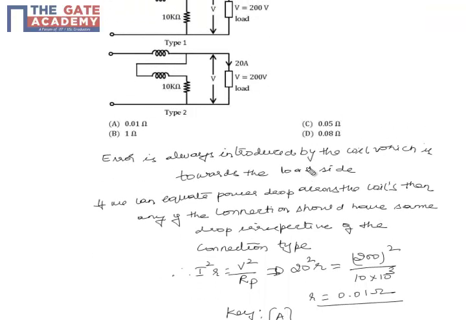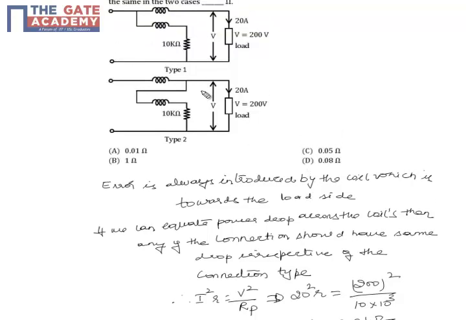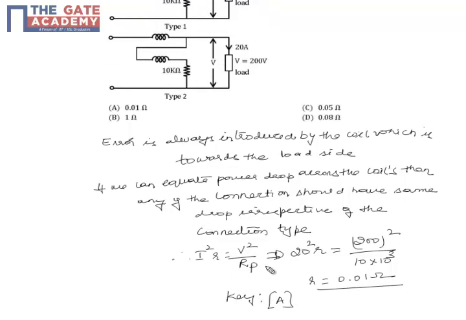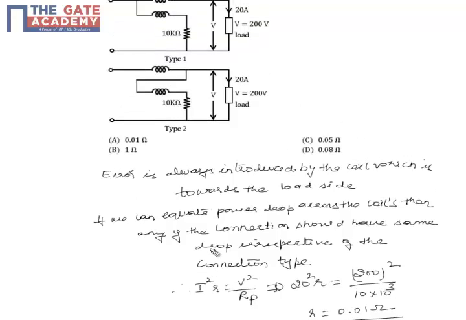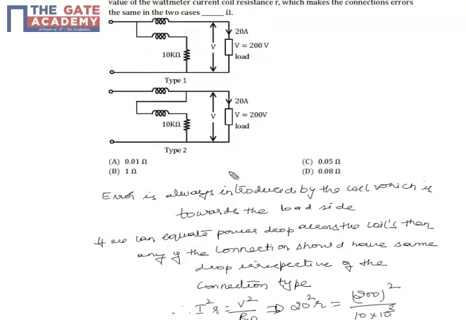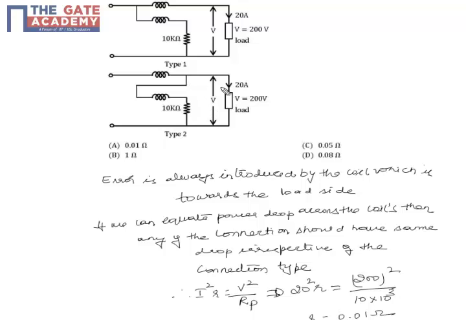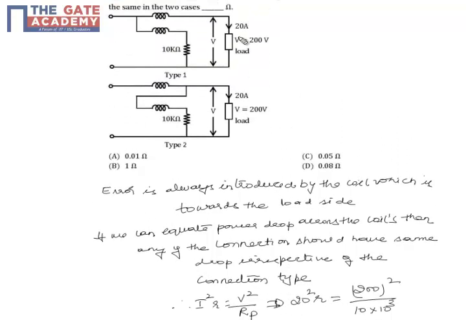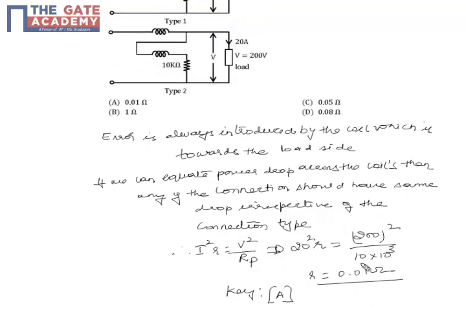So what is the power drop in the first one is I square R, and in case of the second one, it is V square by R_p. So two different forms of the equations of power dissipated, because both are parallel, so we know the voltage drop. This is convenient for the second kind, and this is convenient for the first kind of setup to calculate the power dissipated. So we know that the current is 20 amperes here, which is flowing, and we have to calculate